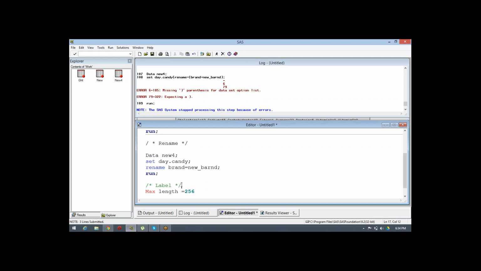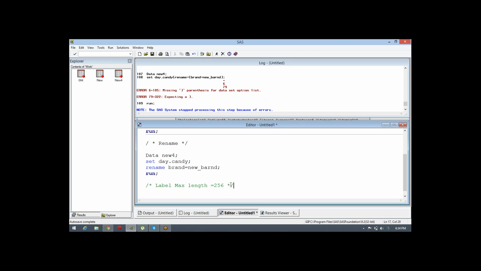What is the purpose of label? See, label is just a subname of a variable. Every particular name can have a subname, and the subname is not going to contribute anything to your dataset. It is only used for display, like an alias.